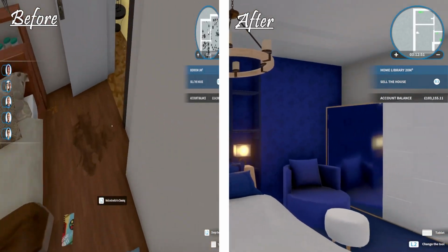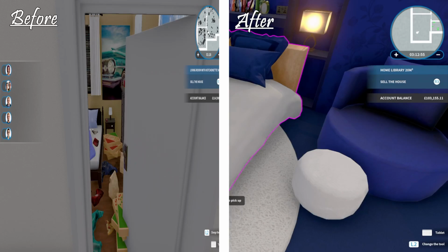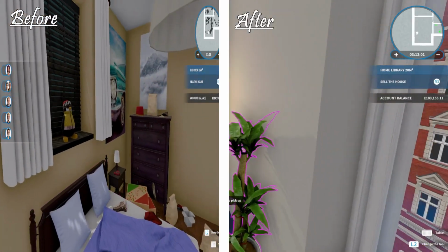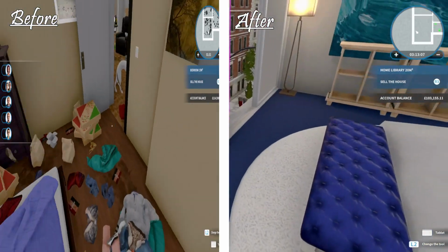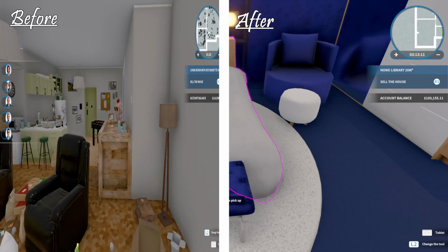I tried not to go too hard with the dark blue, because obviously I've got a dark blue carpet and a dark blue wall, so I tried to add it in with some of the furnishings, not furnitures, and balance it out with some whites, but then adding some little blue details in with like this blue vase and this blue pot with white on it. So yeah, I think I did a fairly good job, and I used a big white carpet to mark the